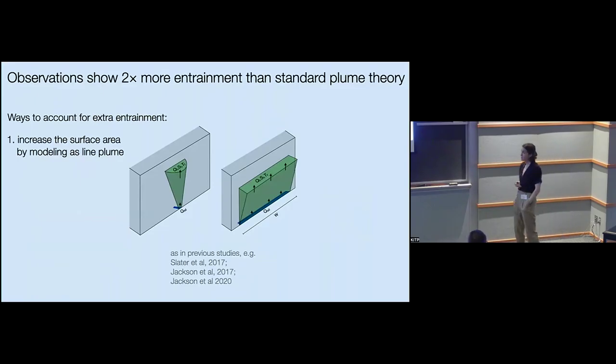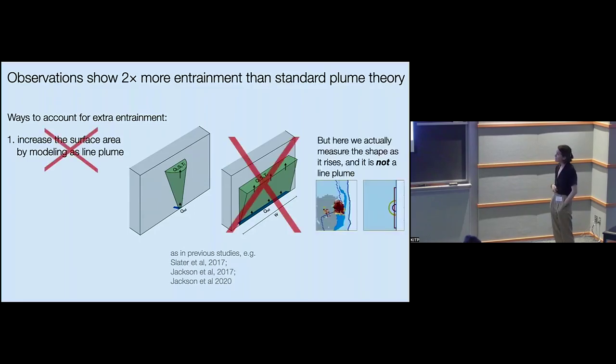And there's a couple ways you might think to account for this extra entrainment, like adjustments you could make to the existing theory and some of the issues that I've mentioned. The first one has been proposed in previous studies, including some of my own, which were based on observations downstream of plumes after they've already started outflowing. We said, well, maybe these plumes are a little more distributed than we thought. Instead of being point source plumes, maybe they're more distributed line plumes, and that increased surface area can help explain the increased entrainment we've also seen in other systems. But what we're finding here is that is not the right answer, at least for this system, because here